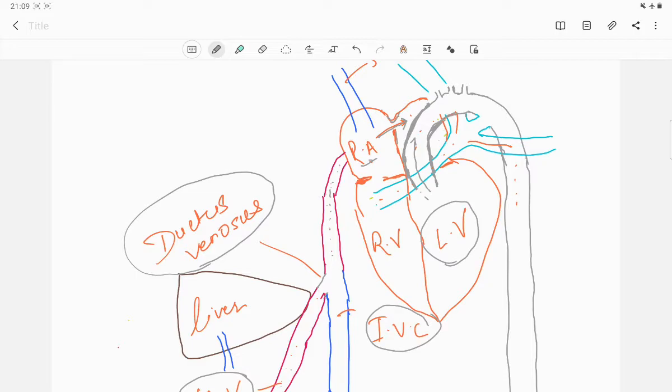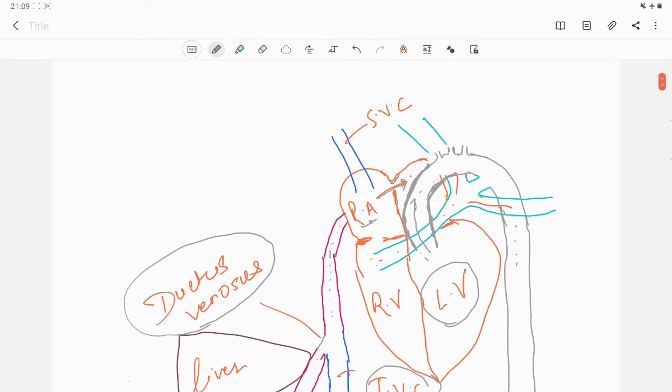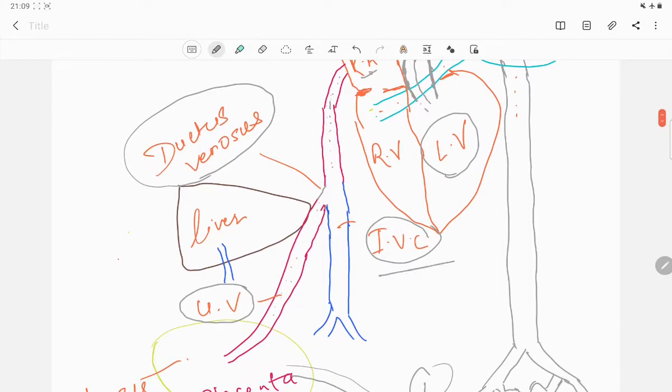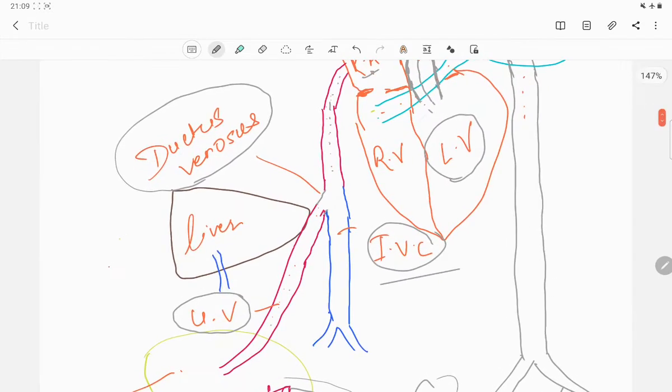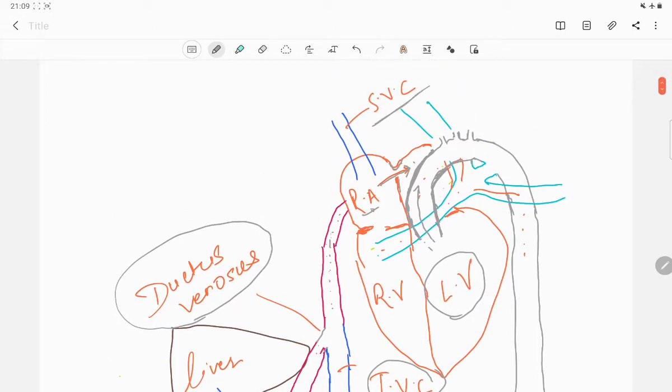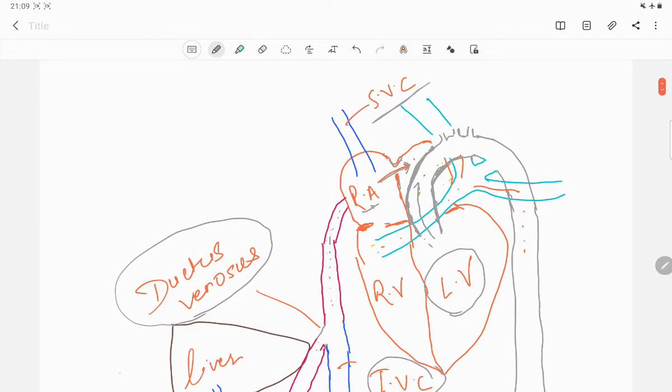Now deoxygenated blood has to be drained back into the mother's circulation. That happens via the superior vena cava and also the inferior vena cava, because the inferior vena cava drains blood from the lower extremities, whereas the superior vena cava drains blood from the upper extremities, head, neck and upper thorax. So we have our impure blood, that is deoxygenated blood, in the right atrium. From the right atrium it goes to the right ventricle. From the right ventricle it goes into the pulmonary trunk.